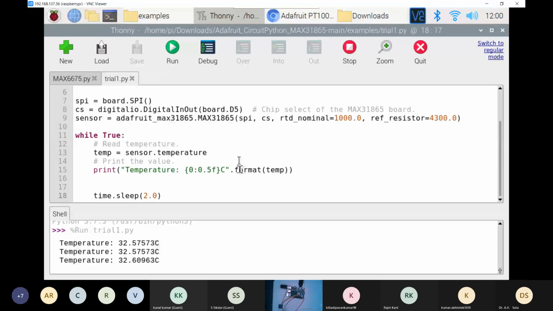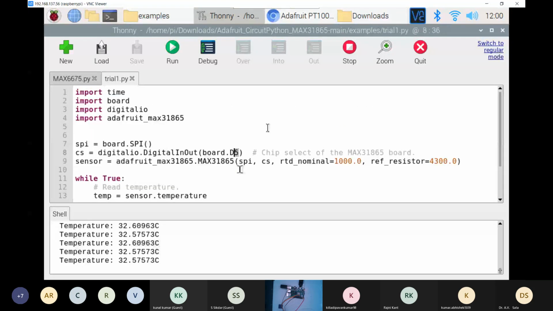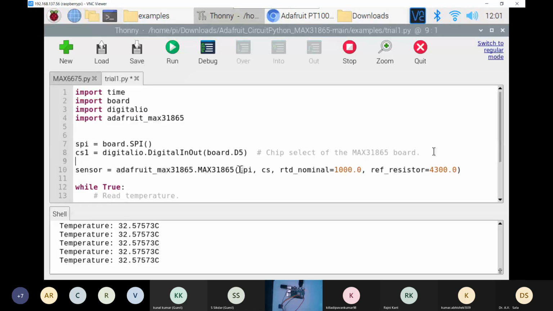If you want to connect multiple sensors with these pins, then you will have to just create CS1, D5, then CS2, something like that, and then you will have to just connect it.